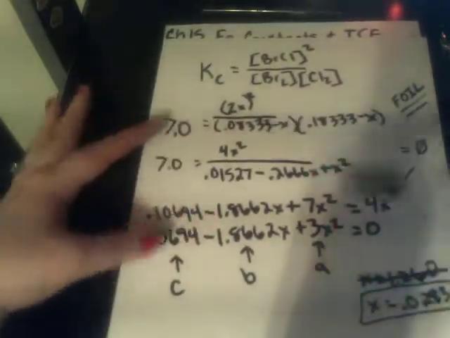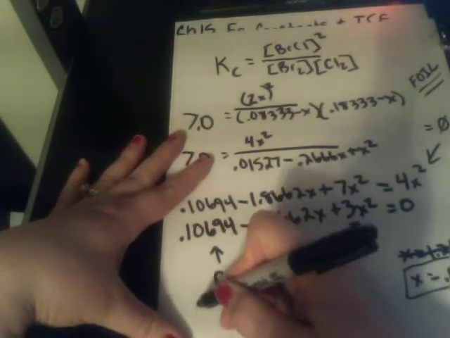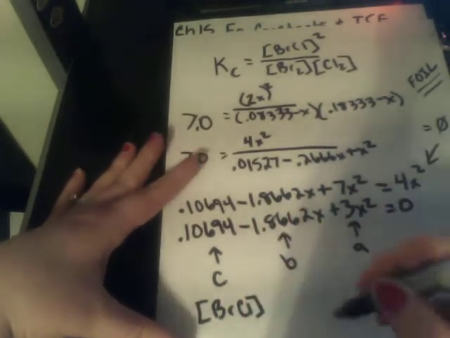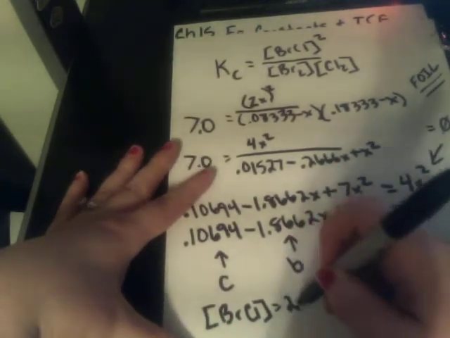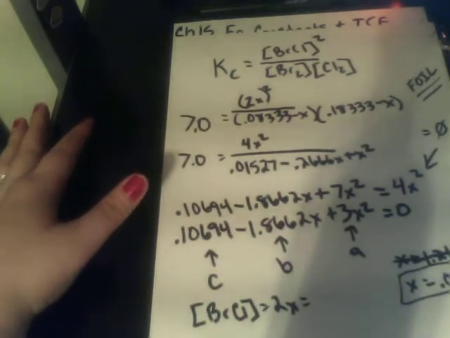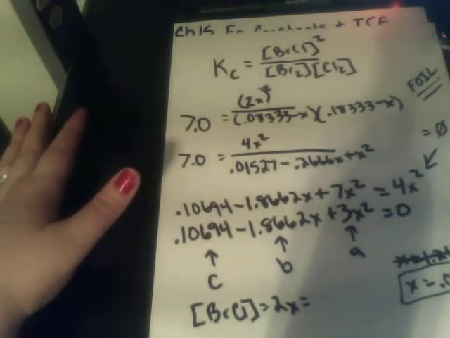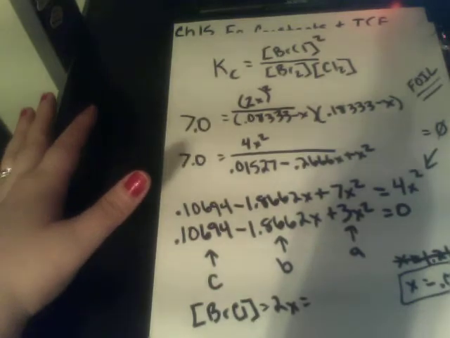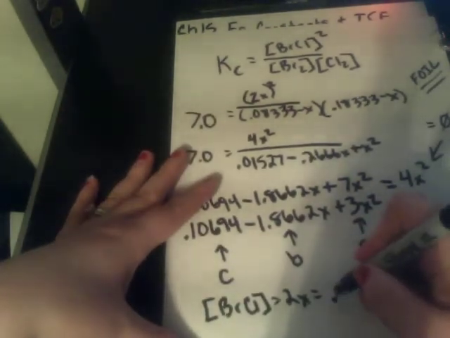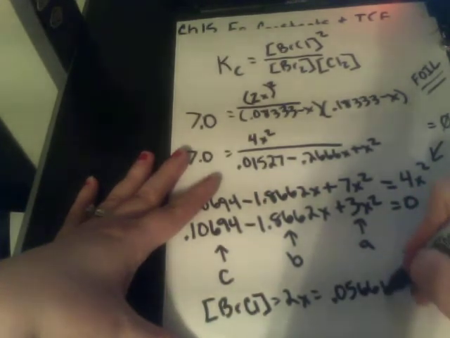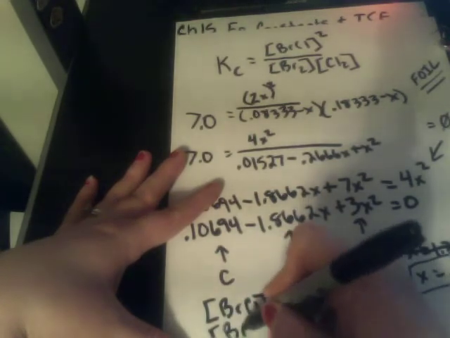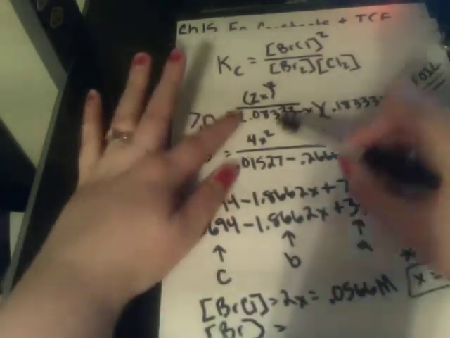So we could even look right here. My concentration for BrCl is equal to 2 times x. So 2 times 0.0283. My concentration of BrCl is going to be 0.0566 molarity. The concentration of Br is going to be 0.0833